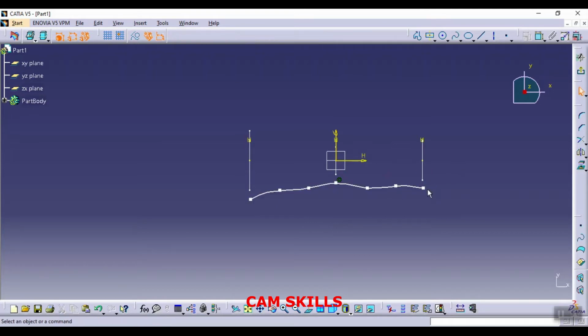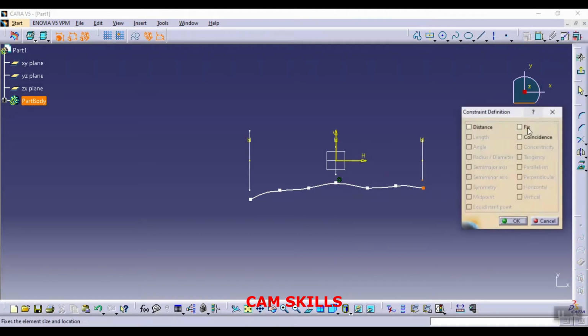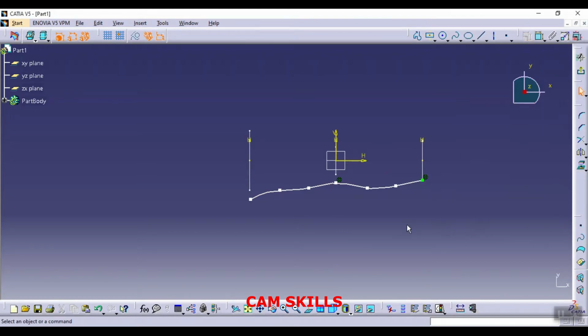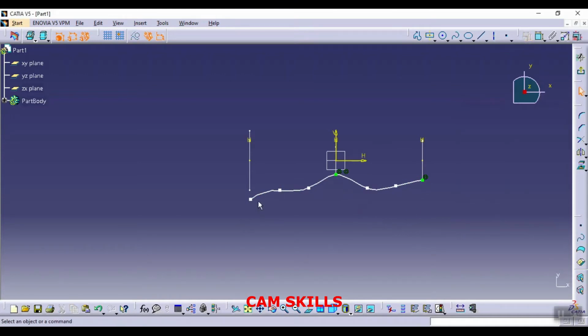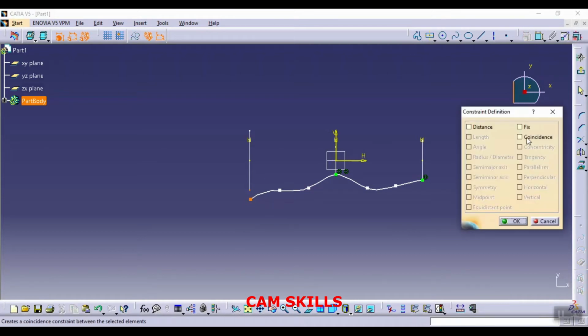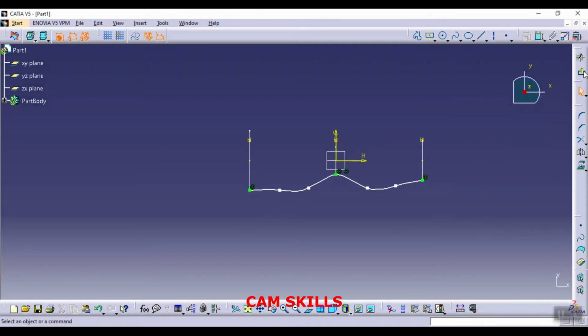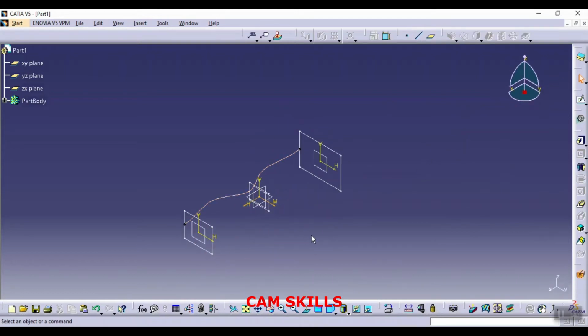So selecting this point and this point and making it coincidence. Then selecting this point and this point, making it again coincidence, and this point with this point, making it coincidence. So I hope you got this. So let's select the command